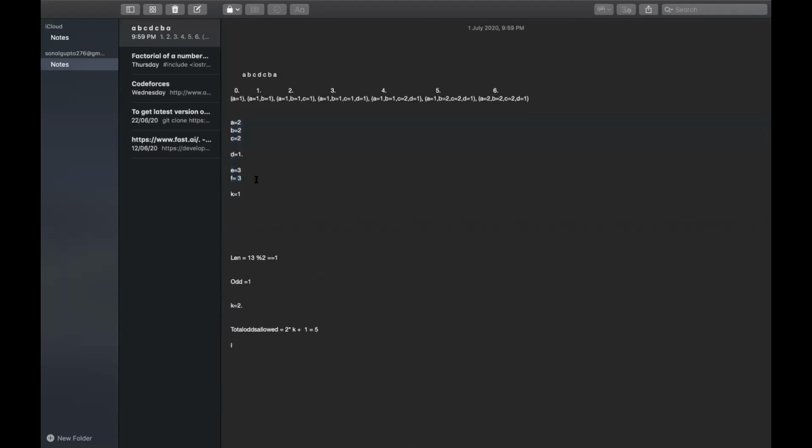But for the palindrome, K is given as 1, which means I can use it. So I'll deduct 1 from F, make it 2, and I'll add it to E. The change I made in F, I just converted my F to E basically.